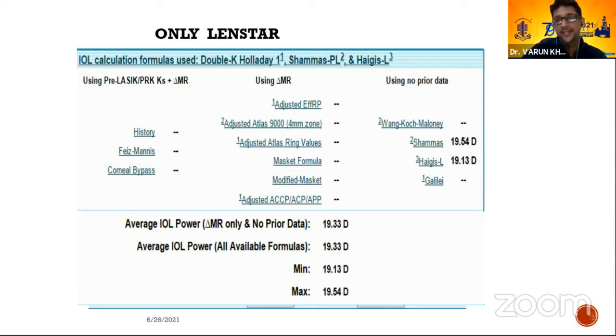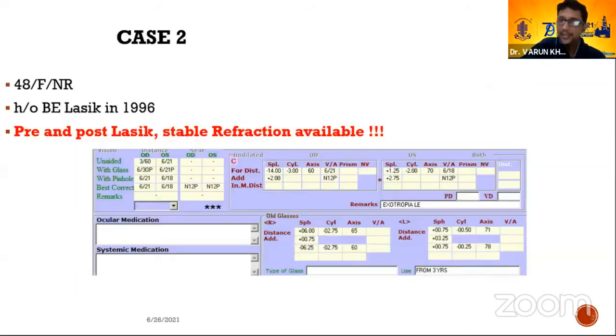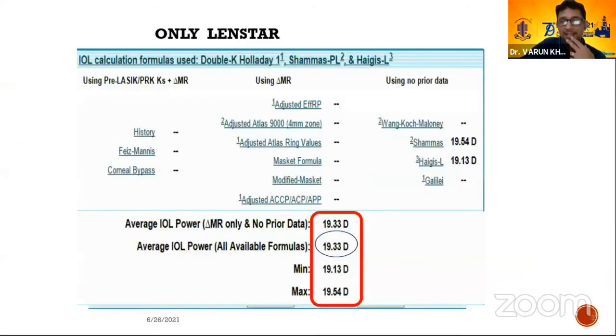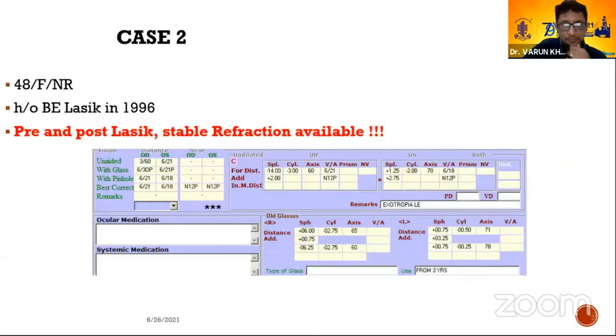which made me realize that for people who have had flattening which is not very high, supposing the post-LASIK flattening is around 35, 36 and above diopters, then even when you just enter the normal biometric data, and in extreme cases where the patient is understanding and you're relatively confident, you don't have access to topography, it is not a bad idea to try just the IOL Master data or the Lenstar data on the calculator, although I do not advise that you use it as a first choice. But in places where you don't have access, what are you going to do? So this is the last resort that we can sometimes revert to.